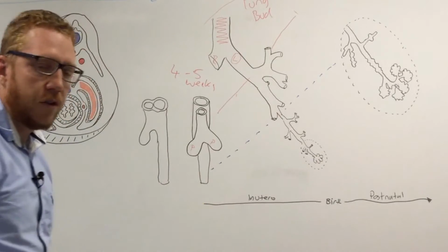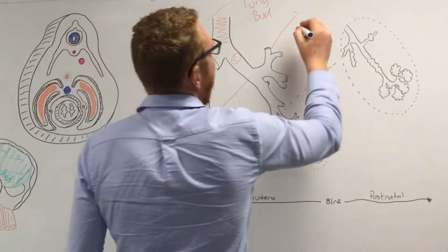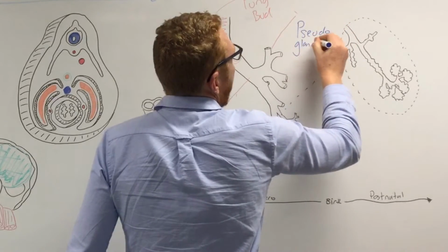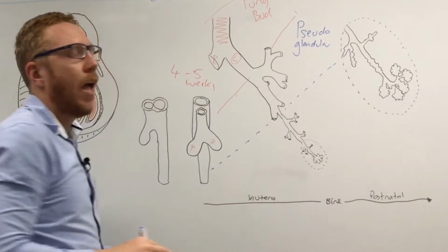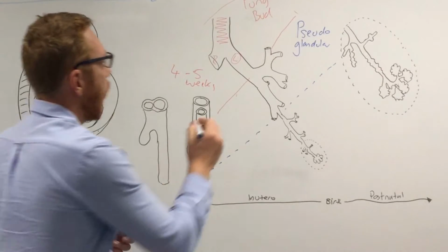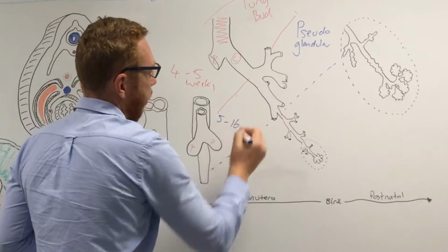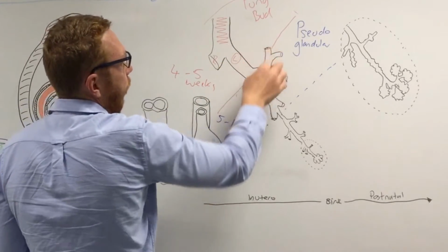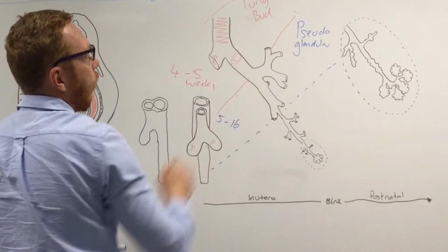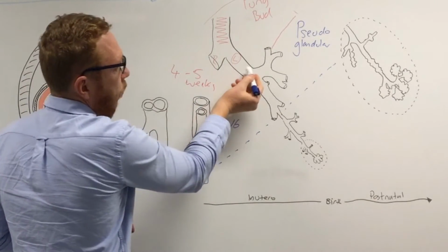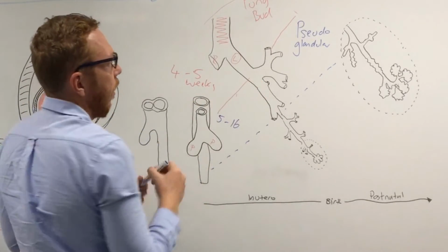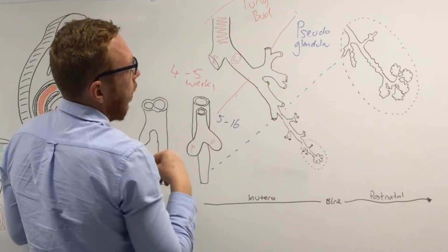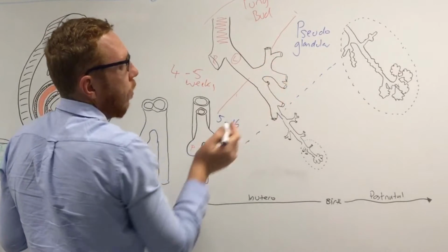And so this is going to kind of happen through like so. Okay. This division is known as the pseudoglandular phase. Pseudoglandular. And so this is happening at about over weeks 5 to 16. All that's really happening here is further divisions of those primary bronchi. So on the left side, we'll just focus on the left primary bronchus. It's going to develop further into these two secondaries, and then we're going to have the final, what we call